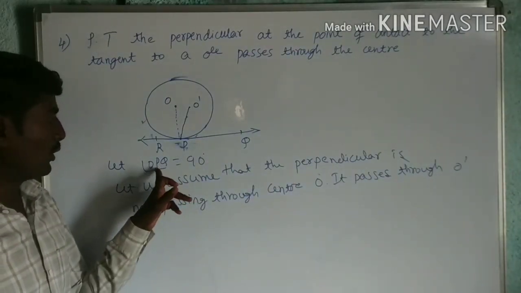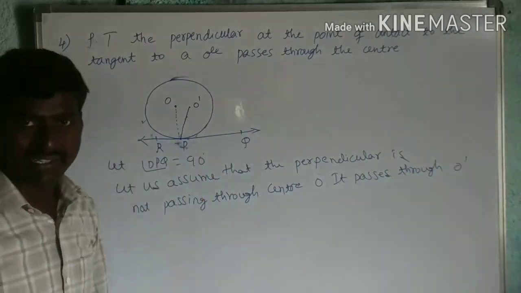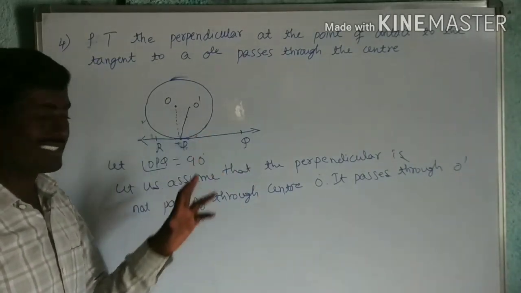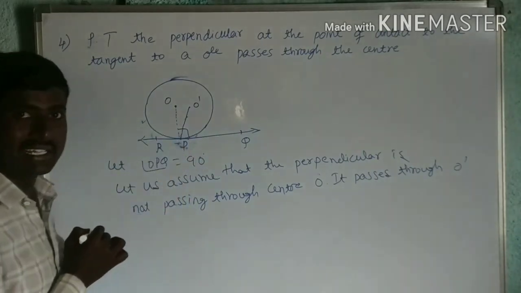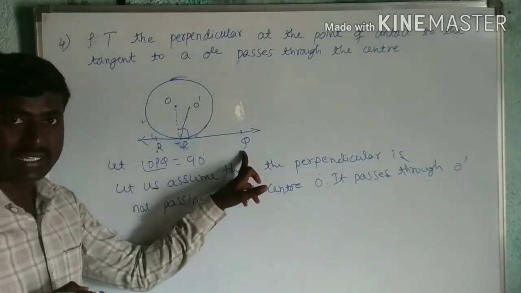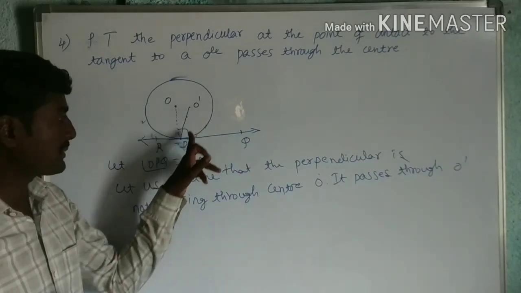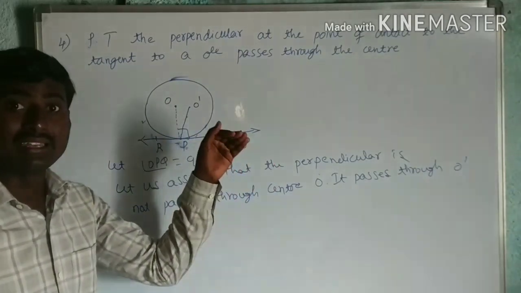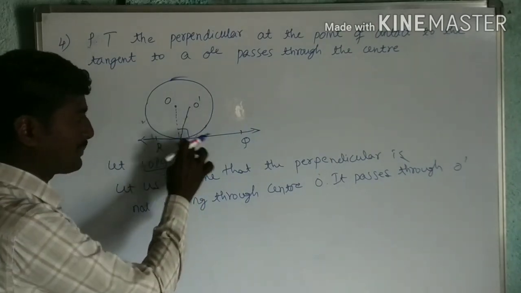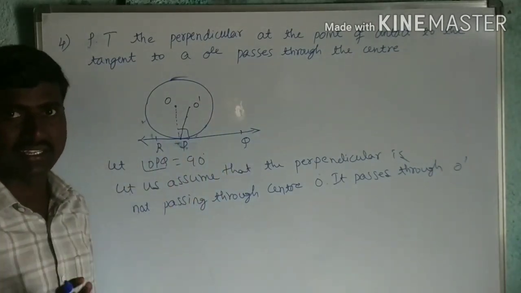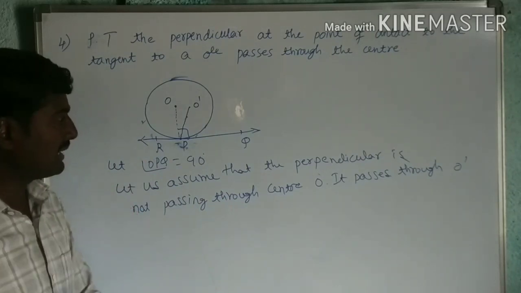Now, so OPQ angle is how much? 90 degree. By construction, I can say that. So since it is 90 degree, that is OPQ is 90 degree. Then I can say that O dash PQ is also less than 90 degree, just by construction. So this angle O dash PQ is less than 90 degree. I can say by construction. But here,